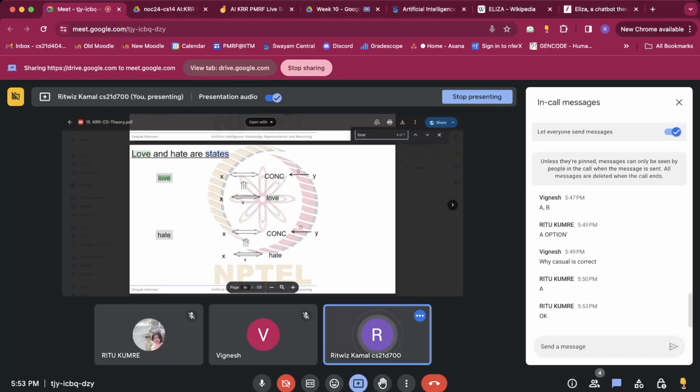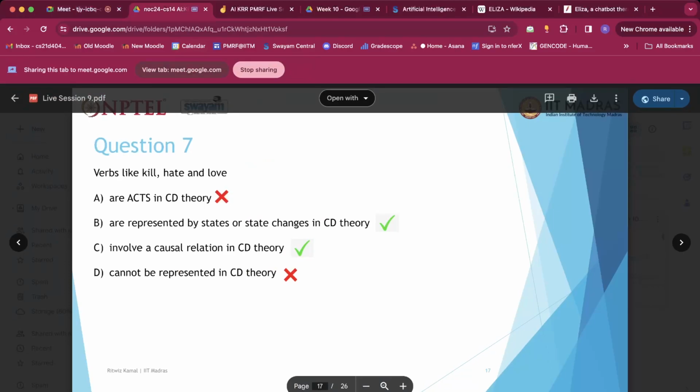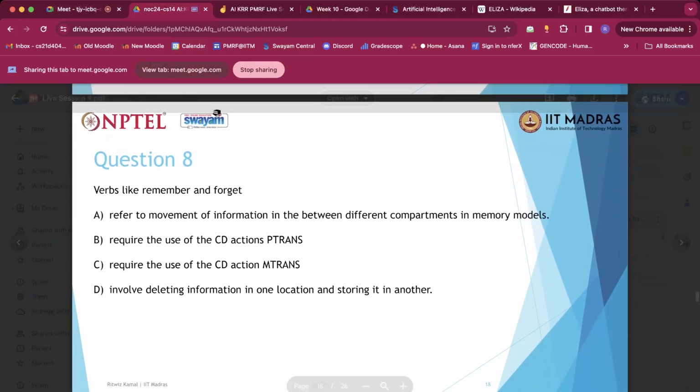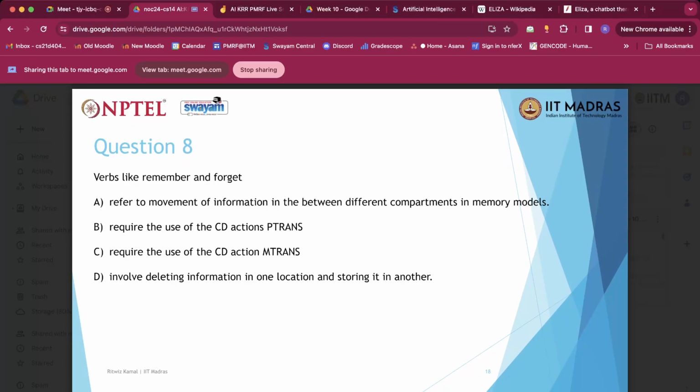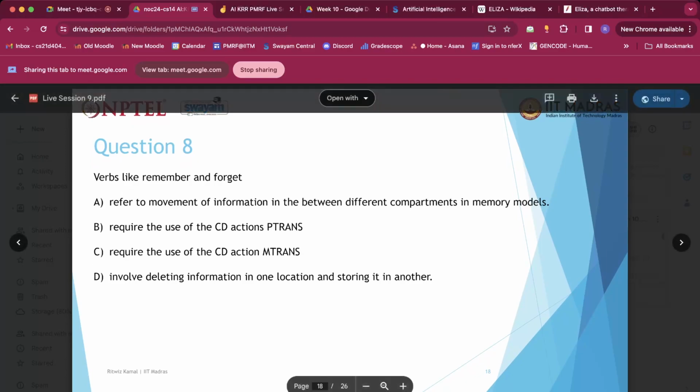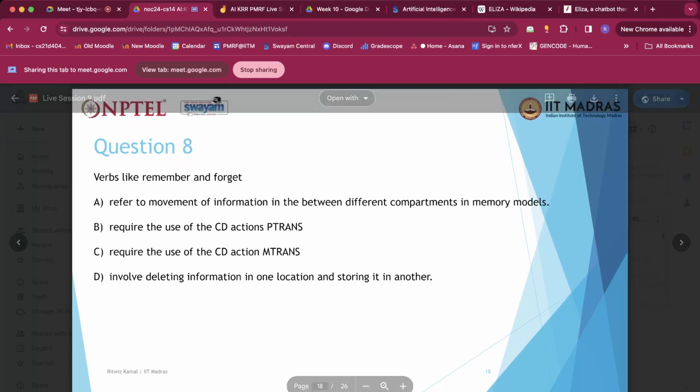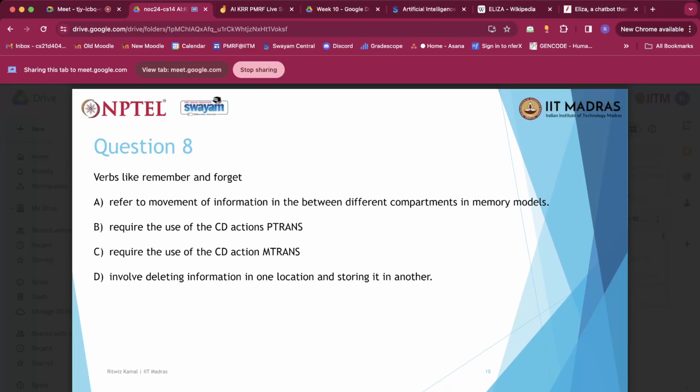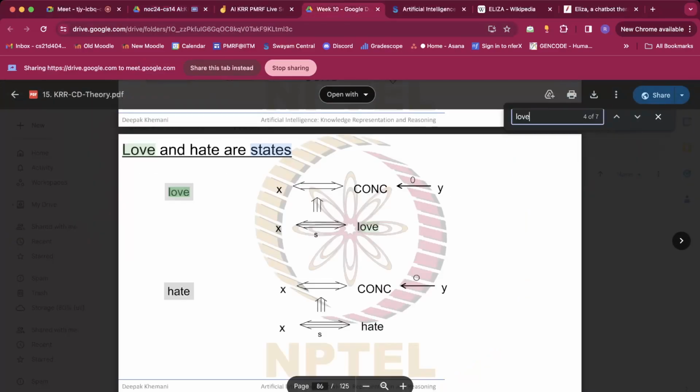Okay, that's great. Then let's move on to the next question for today. So now we are talking about verbs like remember and forget. I think this will also help you understand why the previous verbs that we saw, like love, hate and kill, are states and not actions. Here we have to choose which of the options are correct in this case. So let's go to the lecture slides once more